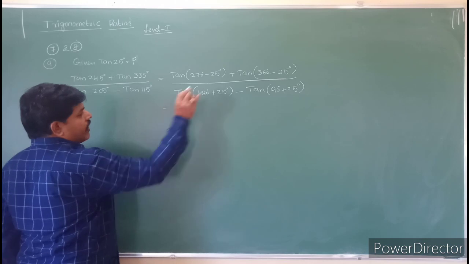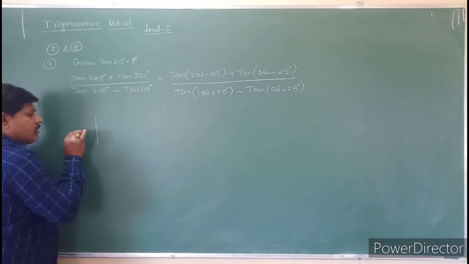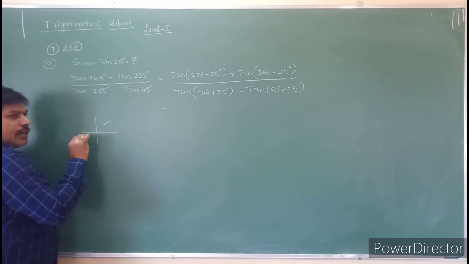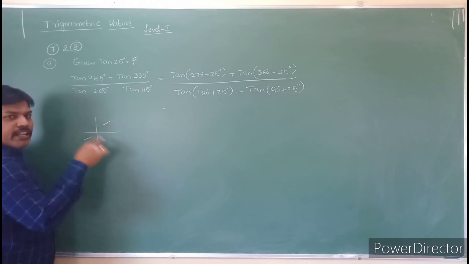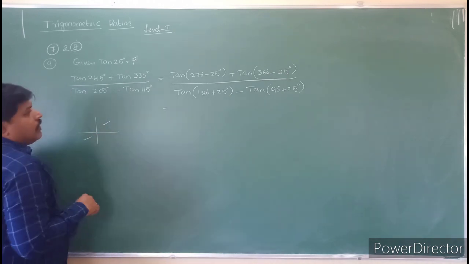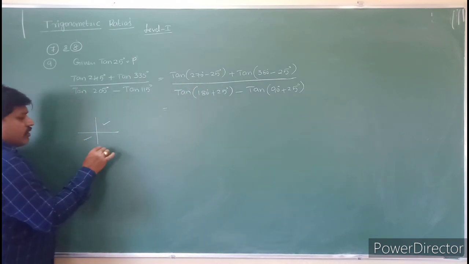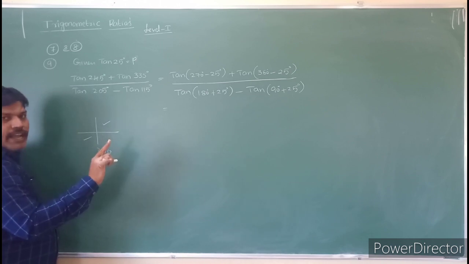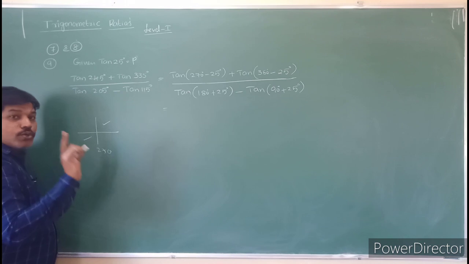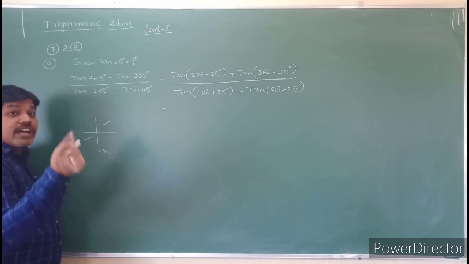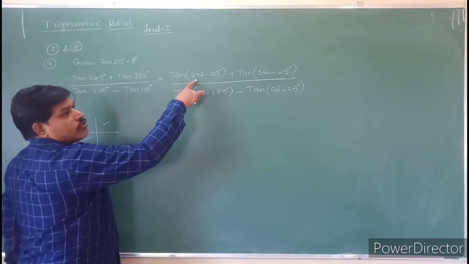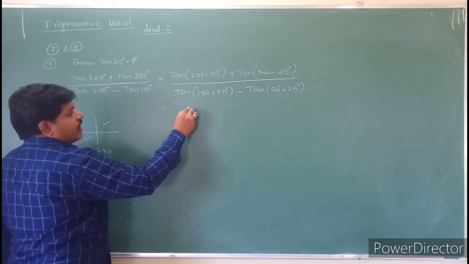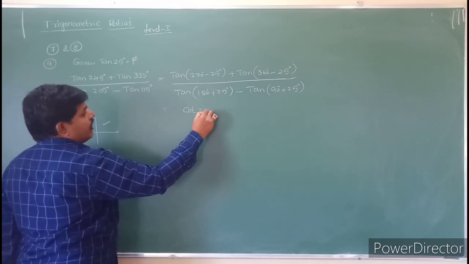So these values, how can you calculate? See students, all the tan values, okay. Tan is positive in the first and third quadrants. In these two only it is positive, the remaining two are negative. So first see this one. 270 minus theta, this is the 270. 270 minus means the third quadrant. In the third quadrant, tan is positive. But for 90 and 270, it will take the co-ratios. The co-ratio of tan is cot. So automatically it will convert into the form of cot 25 degrees.